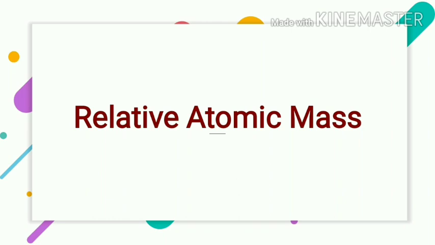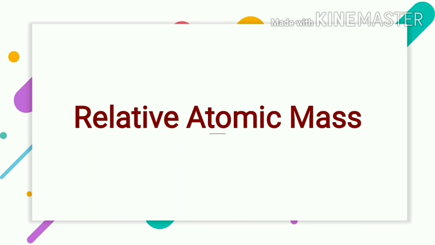Therefore, the mass of some light atom is considered as unit and the mass of other atoms is compared to it. Initially, the mass of hydrogen atom was chosen as a unit or standard, and the masses of other atoms were compared with it. But later, this hydrogen atom as standard was replaced by oxygen atom as standard because different isotopes of hydrogen have different masses.